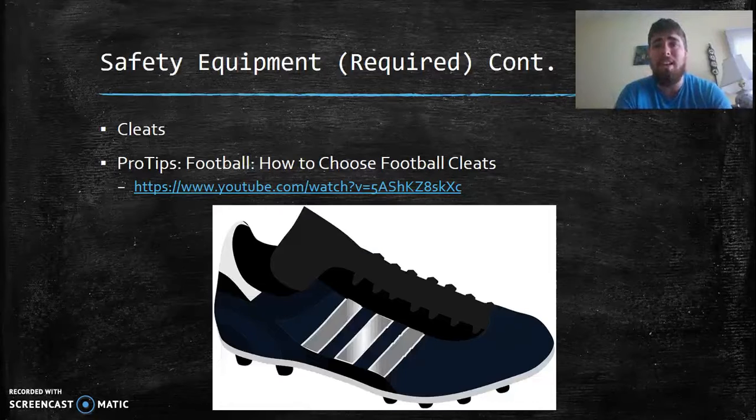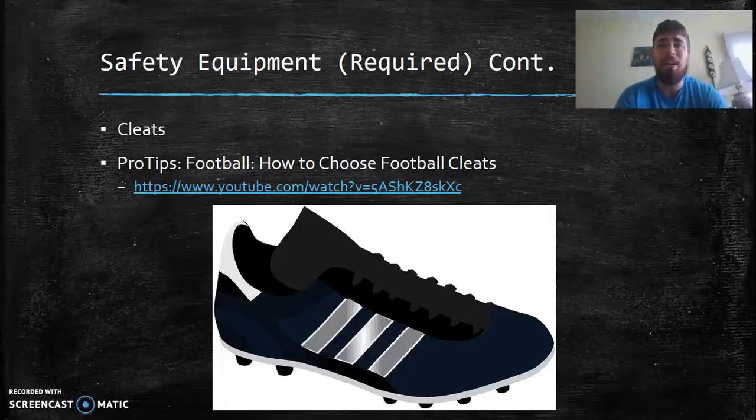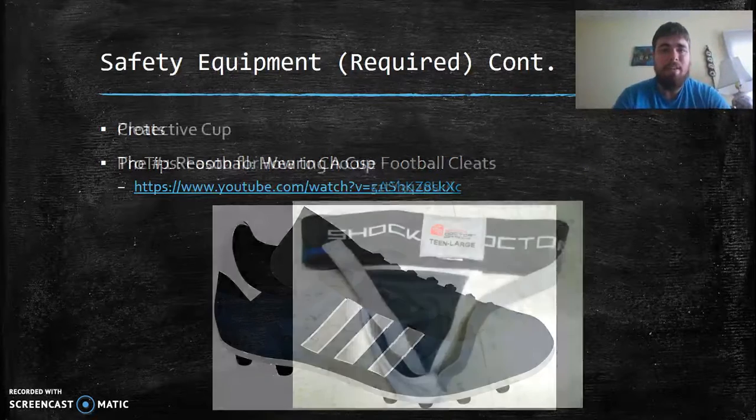These are kids, they just can't afford this stuff. Not all of them. And so if it's something that they can't afford, you really shouldn't force them to do this. I know some coaches are going to disagree, but that's just my personal opinion. And so play the video, show them what they should have in their cleats, and